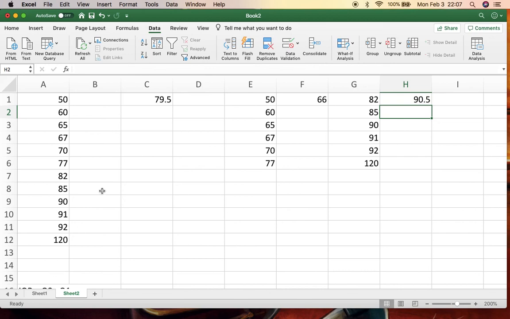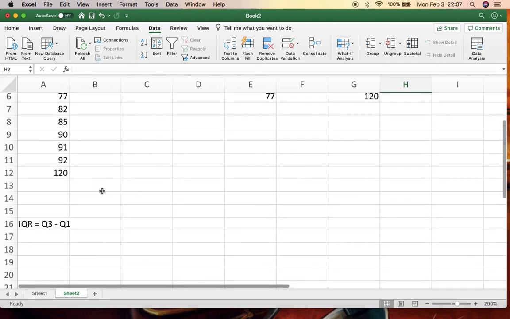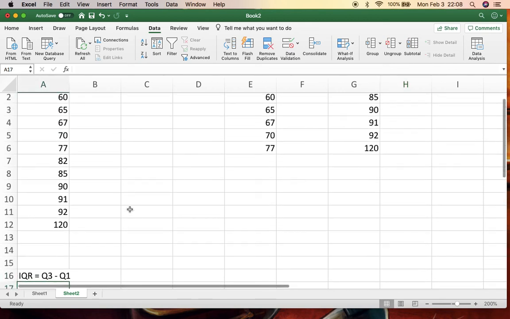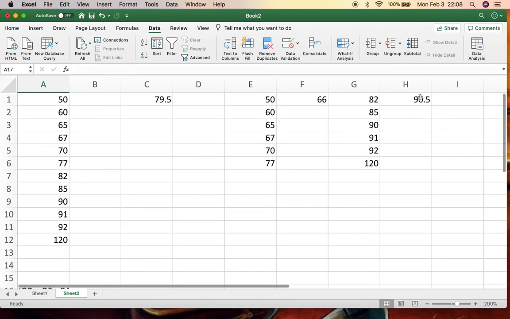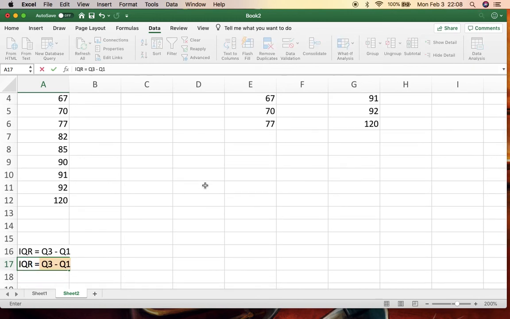Okay. So now we're going to look at one more thing in this video, and that's the interquartile range. So the interquartile range is the third quartile minus the first quartile. So it lets us know 50% of the data is between this number and this number. So we're going to calculate the IQR for this data set. So our Q3 was 90.5 and our Q1 was 66. So our IQR is going to be